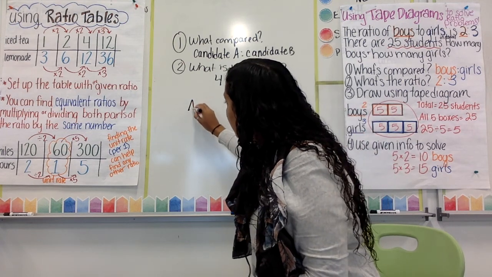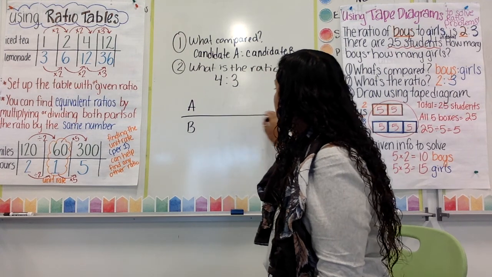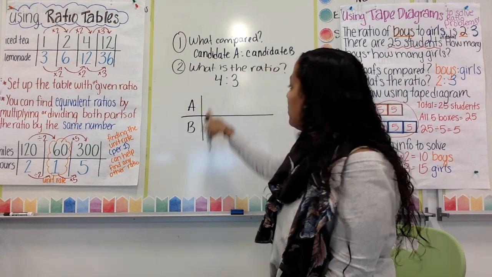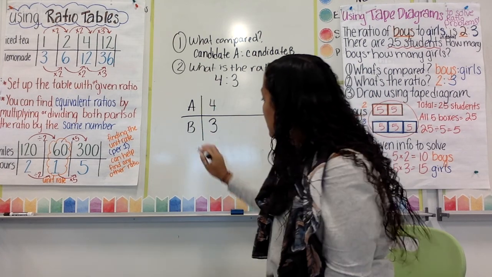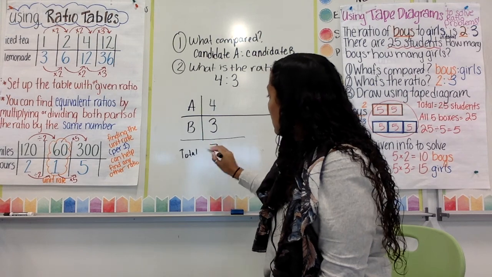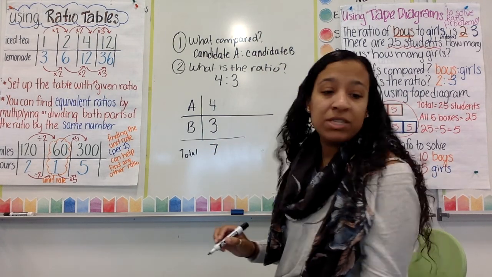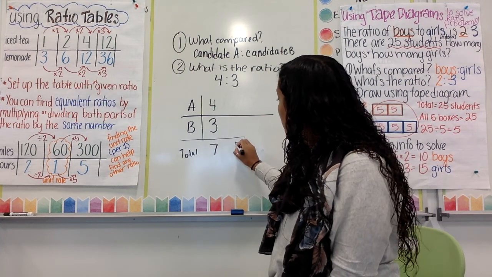So I'm going to have candidate A, candidate B. I know that there are 4 for A to 3 for B. That gives me a total of 7. My next piece of information is that there are 56 total